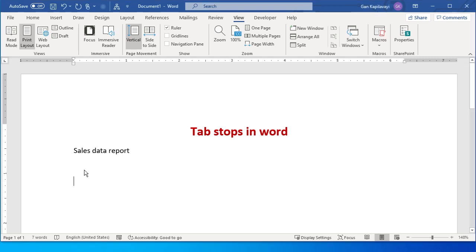In this video, I'm going to show you how to use tab stops in an MS Word document. Let's get started. I'm going to prepare a sales data report, and it has the following columns: order ID, press